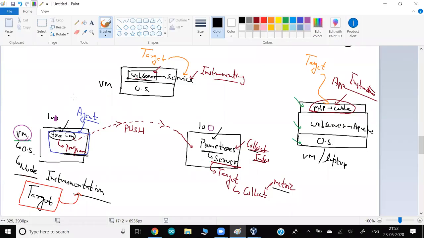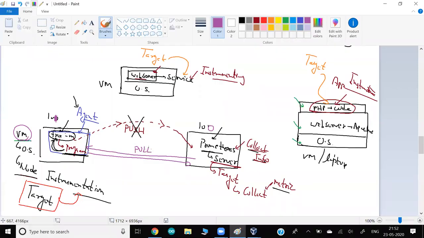Again, you can use the term agent here. We have to run the program. This program keeps on collecting the information from your system, like RAM and CPU, but it won't push. What does Prometheus do behind the scenes? Prometheus comes to this program, and when Prometheus comes to the program, the program gives the information to it. Prometheus is going and downloading the information. This is called pull.